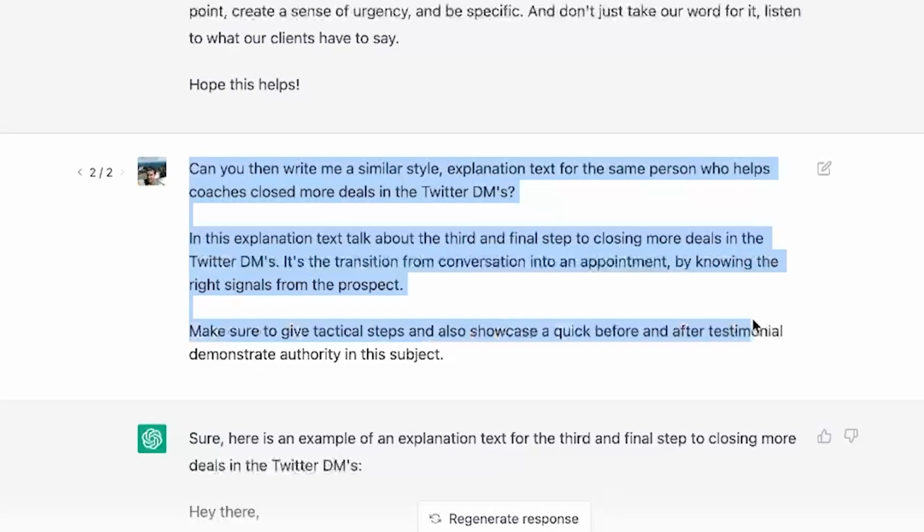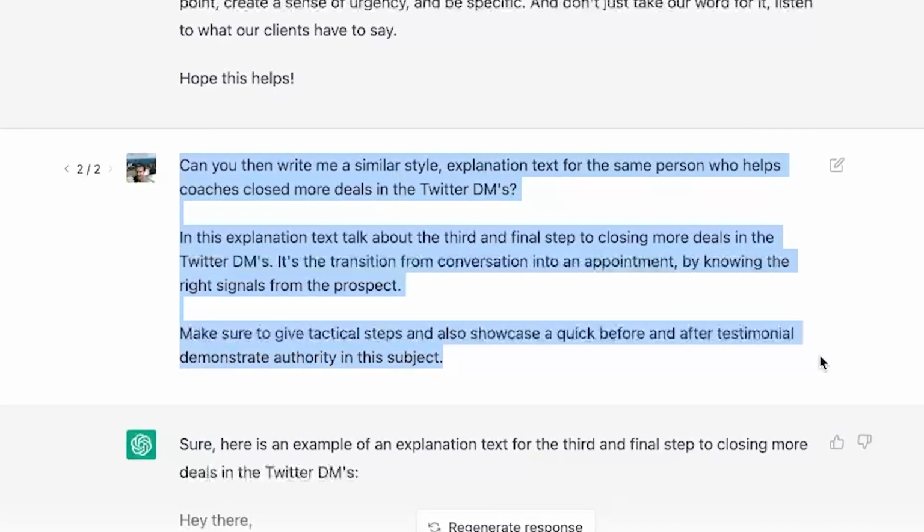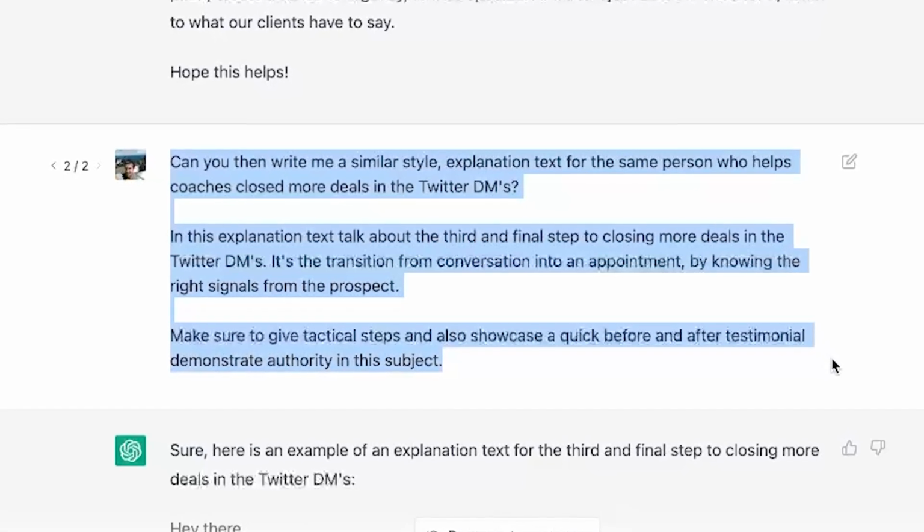And I tacked on this little last part because it was missing some tactical advice, and it's also missing some social proof. So I wrote, make sure to give tactical steps and also showcase a quick before and after testimonial to demonstrate authority in this subject. So all we're doing is telling it to write in the second of 3 steps,